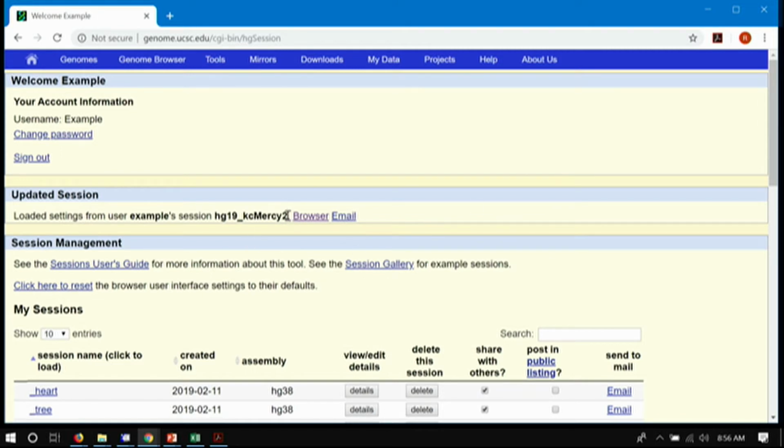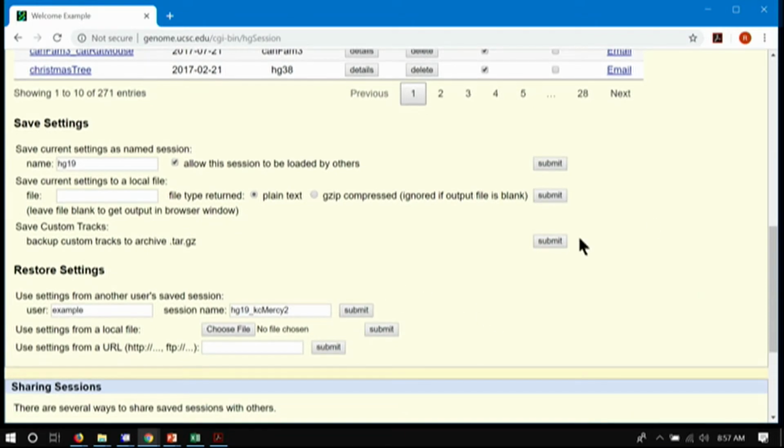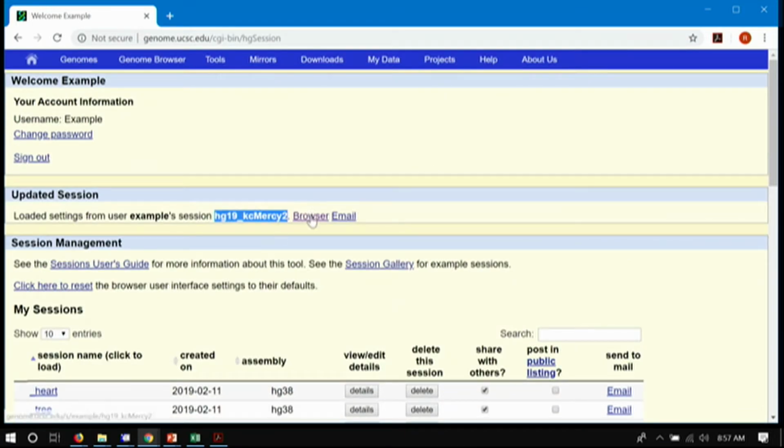I will leave it up there until I see people are comfortable in having found the page. So the session is named HG19_KCMercy2 with a capital M. After that, you hit submit, and then you click this browser link, and it should go back to the browser. Did it go loaded settings? Did you see